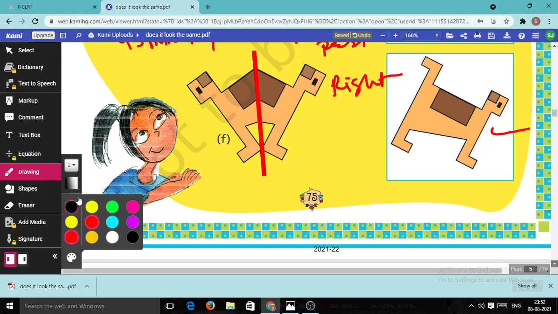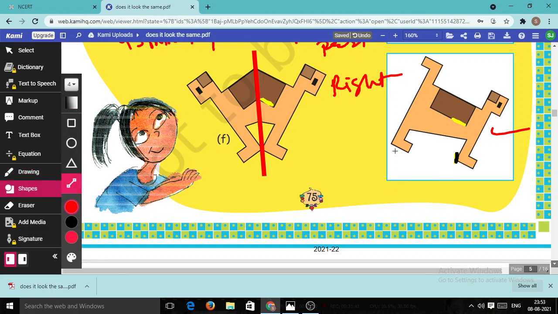Look here, again what is given to us? The half part. This part is given to us. That means you have to choose this part only. From here you have to cut a line and this part must be included. This corner, look here, this corner must be included. That's why you have to draw such a line in which this corner will be taken from here.